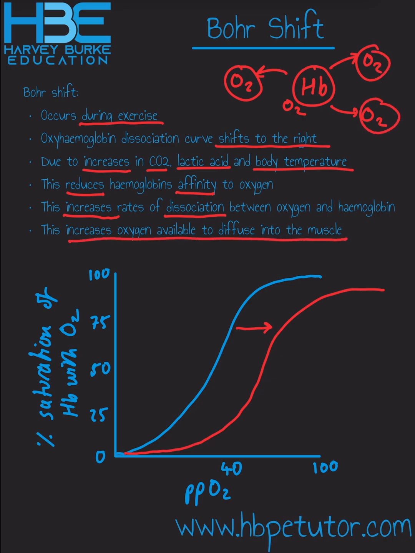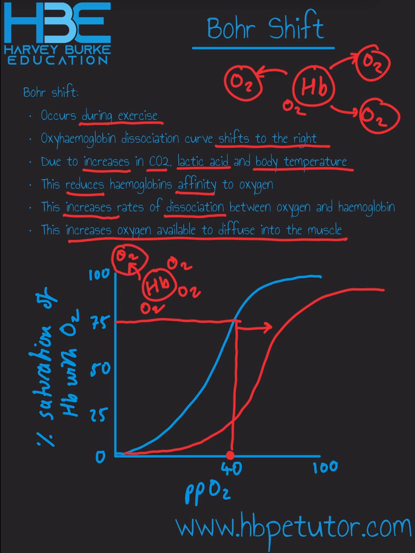muscle. And just so you're able to interpret the graph, let's say this is the muscle here. This is how much oxygen is in the muscle. At rest, it's saying that hemoglobin would be roughly 75% saturated with oxygen at the muscle. So each hemoglobin would look like this. It'd have 3 out of the 4 oxygens still bound to it, and it would only have dissociated with one